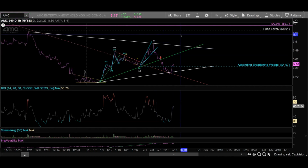But we're going to start on AMC. I think this is what people want to see first. So we had this big ABC push higher. Going to show this in white in the minute degree. That led to about $7. We spilled from there, broke down, passed below the valley set at minute wave B. And now I'm saying, hey, we had the bounce that I called for yesterday, bringing us up to this $5